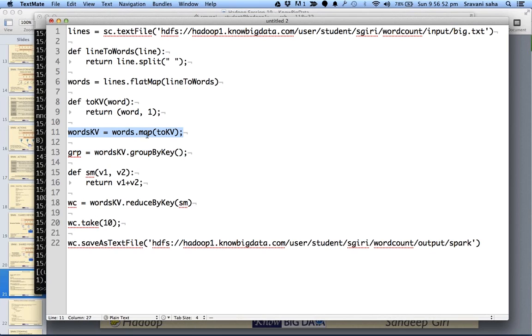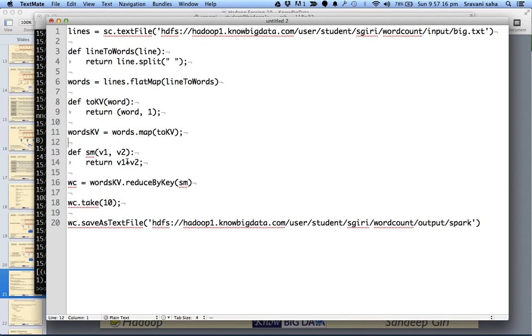We converted the words into key value pairs here. So words kv contains a word and a 1 as the key value pair. Next, we could do this group by key and then again do map, so that each group can be summarized in the map phase itself.